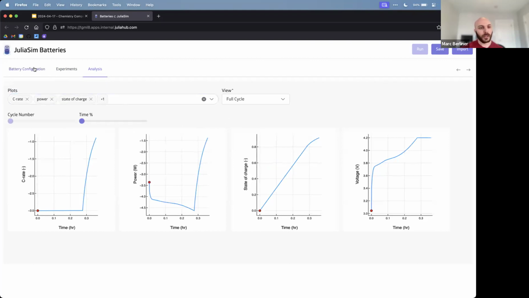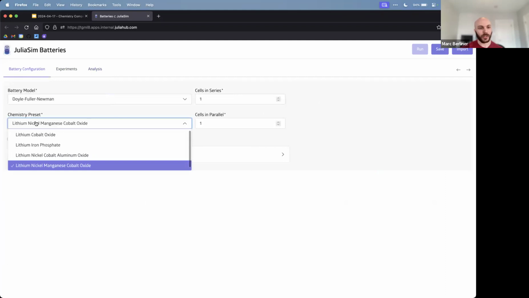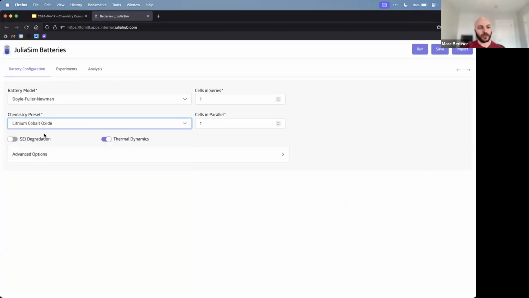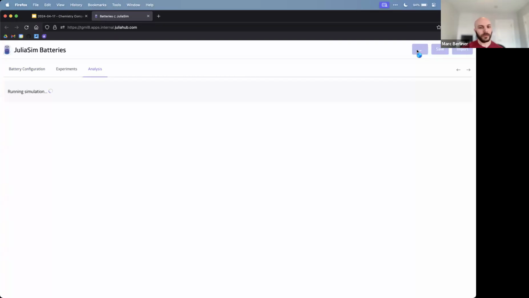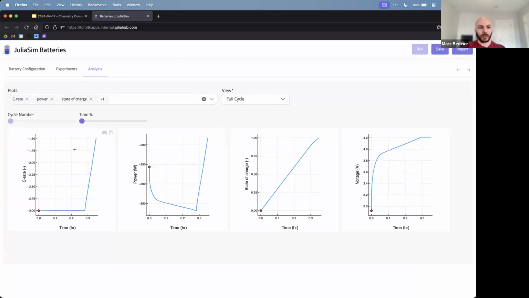We can also go in and very quickly and easily change the chemistry. So if we want to change it from an NMC chemistry cell over to an LCO cell, all you have to do is go to this chemistry preset, click on this dropdown, select our new chemistry, and hit run. And in a matter of seconds, we get the results for our new lithium-ion chemistry cell. So you can see we get a pretty different charge protocol for our C rate. We have a different power curve,